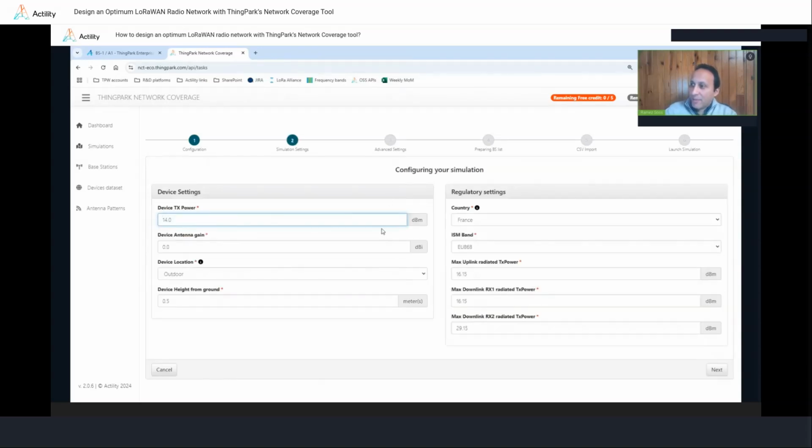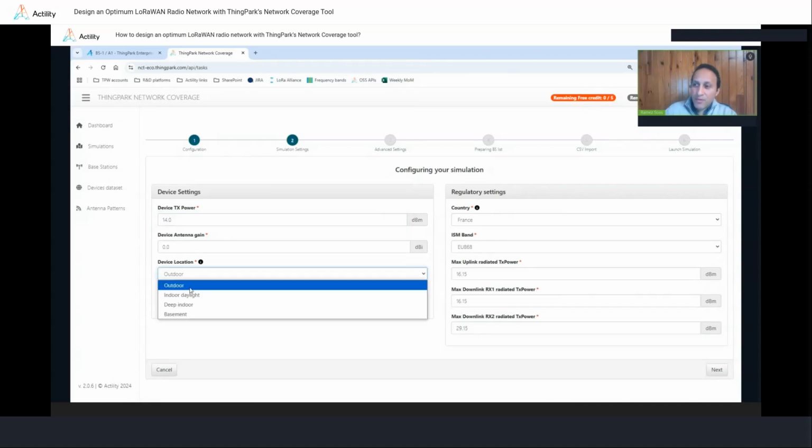Here, you see that my forms are already pre-filled with the data that I already have set under my user preferences. But again, I can change this if for any reason the values that I have set under my user preferences are not the right ones for a given simulation, or maybe because I want to do different cases and check the impact of changing, for example, the device antenna gain on the overall coverage. In my exercise here, I will make a simulation for outdoor gateways, but then I will show you other cases.